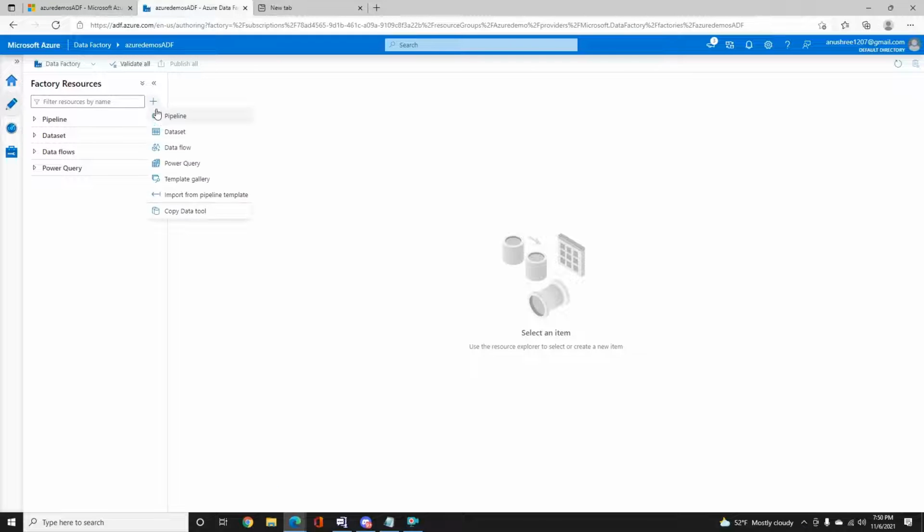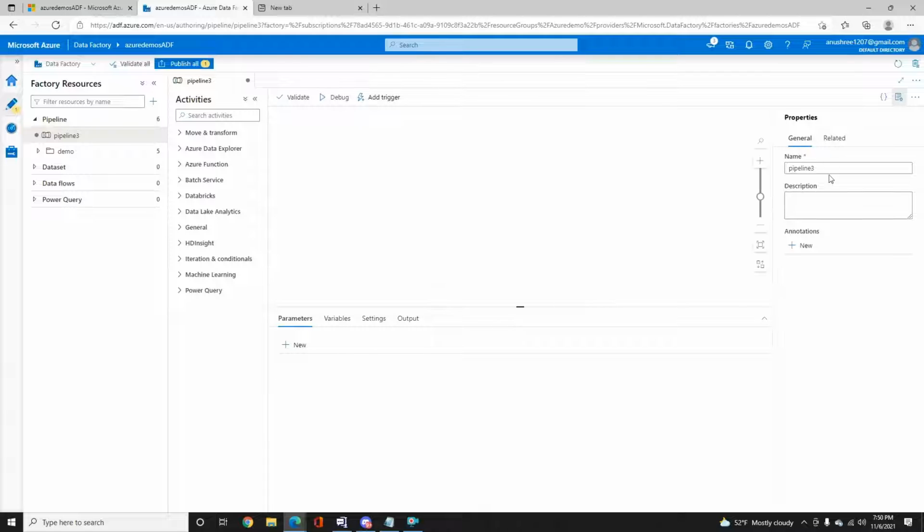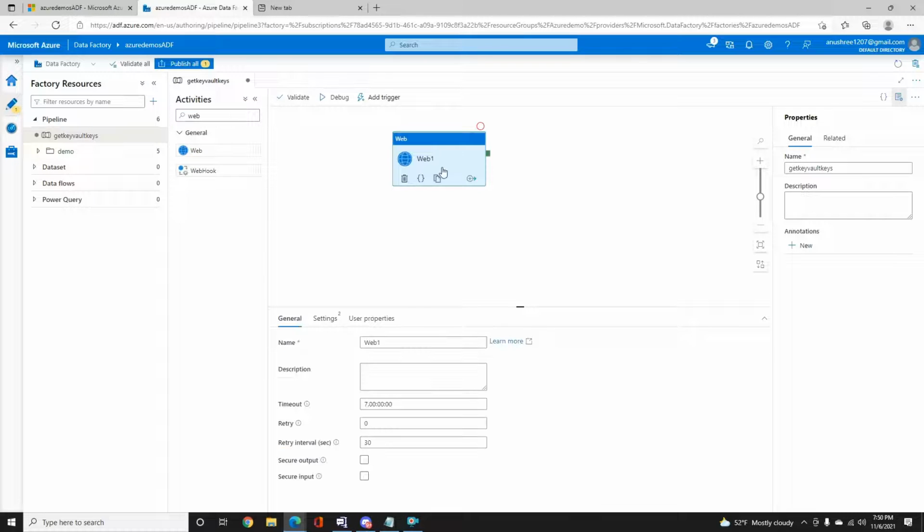In Azure Data Factory, I'll create a new pipeline. Get key vault keys, and I will have to get the key vault keys using a web activity because I'll be using a key vault API to do that.